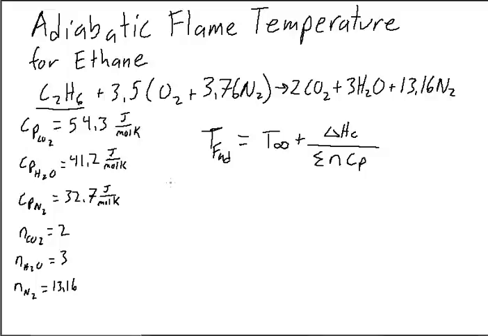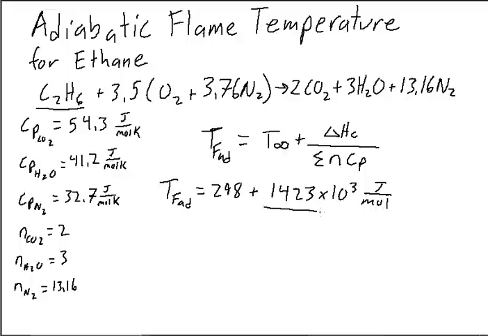So in this equation, T_F adiabatic would be equal to, and let's assume that the ambient temperature is 298 Kelvin, and work this out in Kelvin, so that's 25 degrees Celsius approximately, plus the heat of combustion for ethane is 1423 times 10 to the third joules per mole,